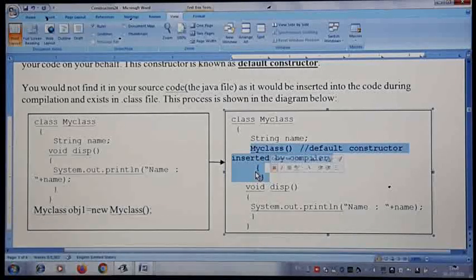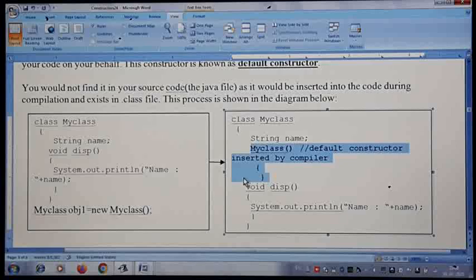Now when the compiler supplies a constructor to your program, what is that constructor going to do? This constructor, which is supplied by the compiler, will not do anything in specific, because it doesn't know what values to set for your variables or for the welcome screen. It doesn't know what has to be done for your program.